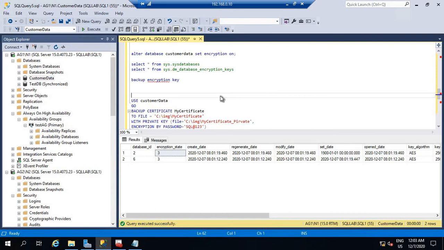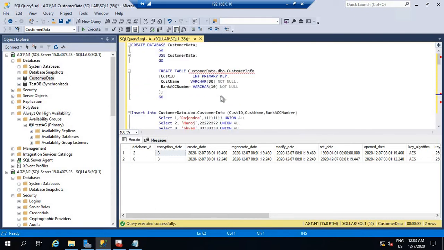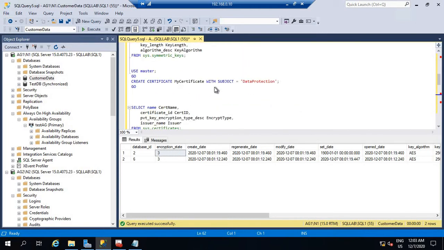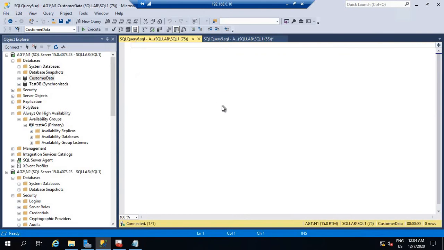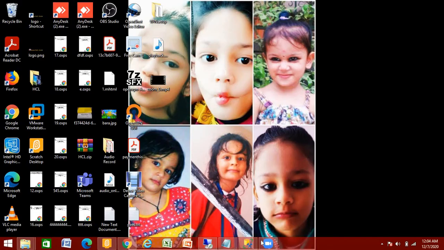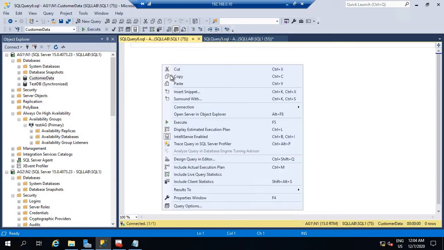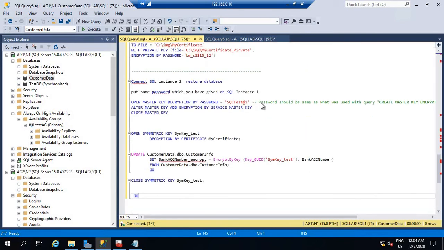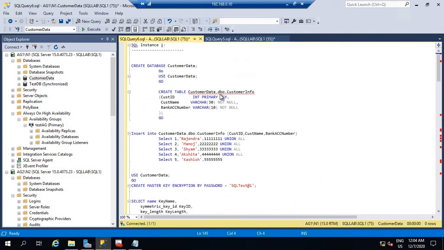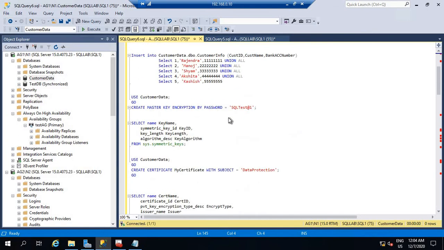I'm doing one more thing here. I'm going to encrypt the database column also. So for that I just copy another script from here. I will share this script also. So we have created the database. Okay, now